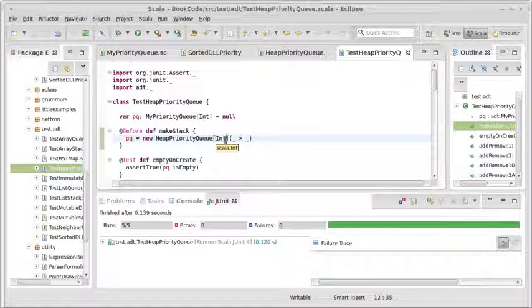So that's it for our priority queue. We have a functional heap-based priority queue, and